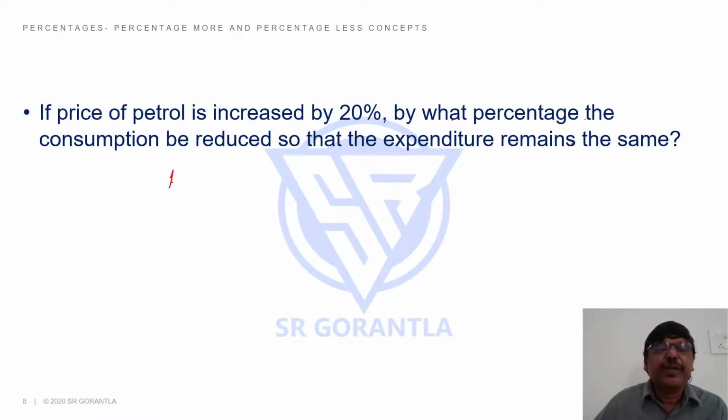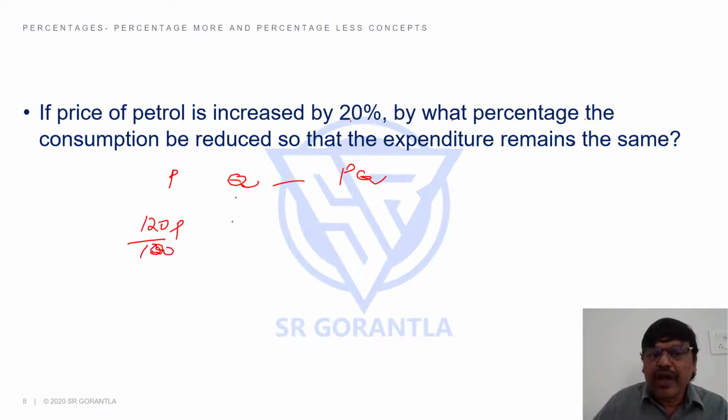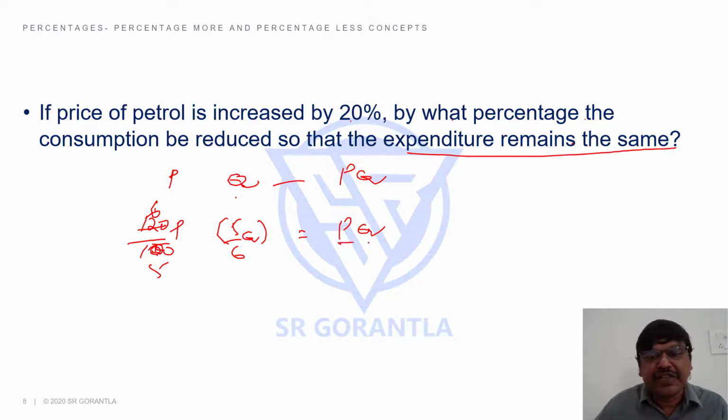Can I directly say, if price is P, quantity is Q, expenditure is PQ. The price is increased by 20%, so the new price is 120% of P. The quantity is how much, so that expenditure is same PQ. See, 120% is 6 by 5. If it is 6 by 5 times, this should be 5 by 6 times. Then only I will have this expenditure remain same. That is the condition, please. Then only the product should remain same. When you ask, it should be the reciprocal 5 by 6. 5 by 6, when you say how much less, 1/6 less, 1/6 is 16.66%.